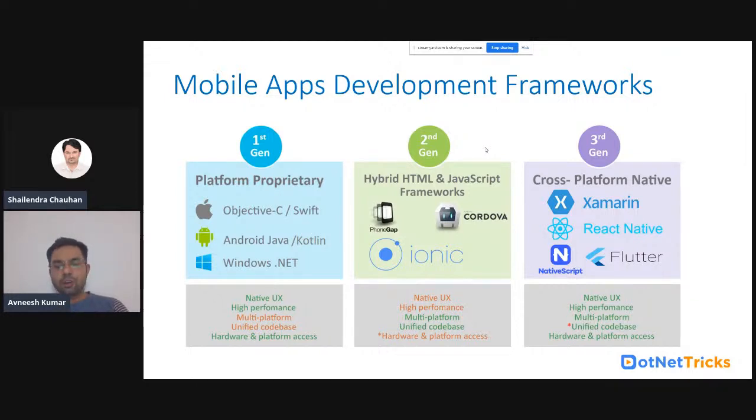These cross-platform applications have a lot of features that you need in your mobile application. They have a nice UI look and feel. They have performance, super performance I can say, but a little bit less than native, because native applications have direct access to hardware or platform-specific OS features.